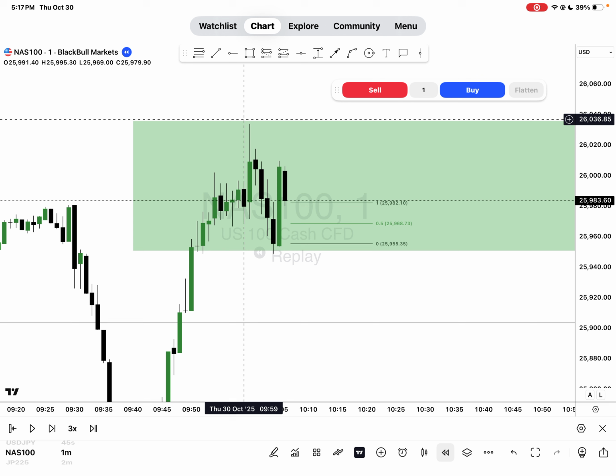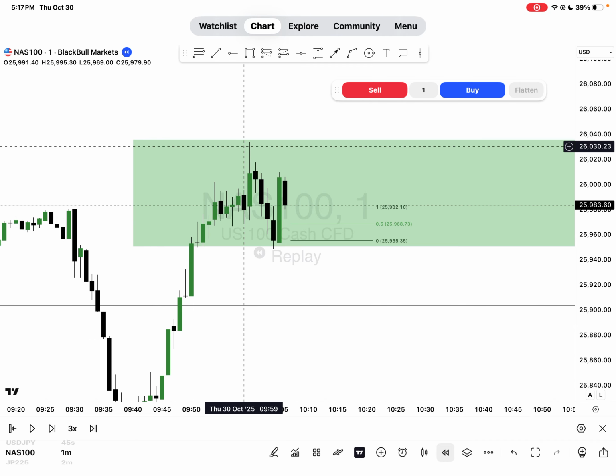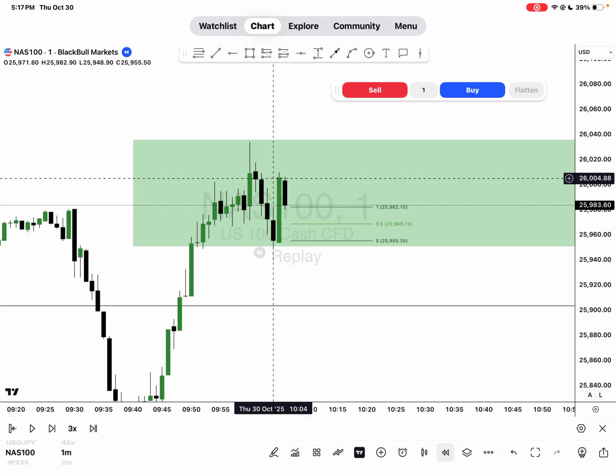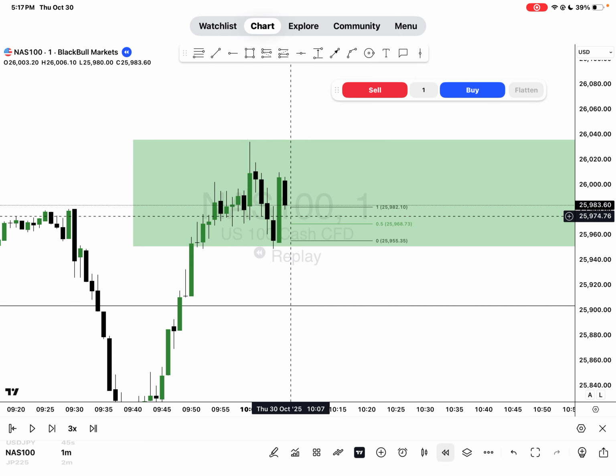Because in order for us to mitigate this 1 hour price gap, we had to have bullish price action pushing us up. So if I'm looking for sells and we're looking at a price gap for a bearish play, I need to see the micro structure here shift into the bearish